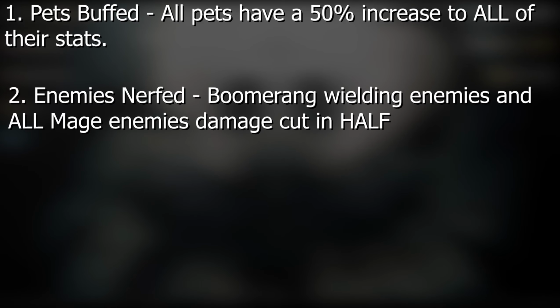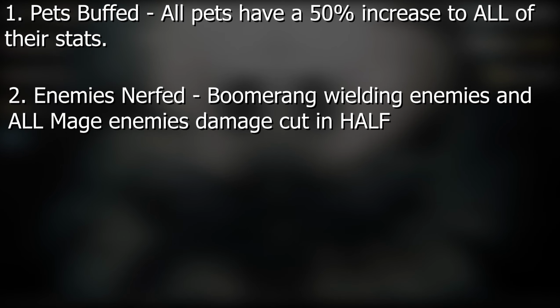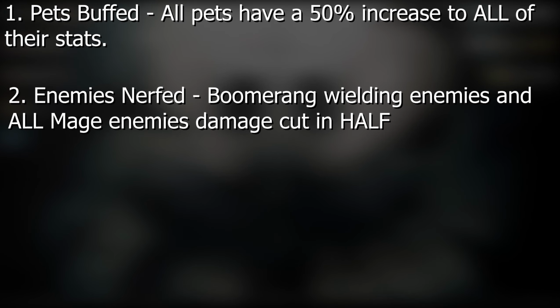The next feature at ID 4 is the creature updates, which affects specific types of enemies and pets. Pets are receiving some love in the form of a 50% buff to all stats. They will all attack quite a bit faster and hit a bit harder while having some more HP to last longer in fights. Enemies, on the other hand, are seeing some well-needed nerfs. Enemies with boomerangs and mage-type enemies have had their damage cut in half, making them much less of a threat,